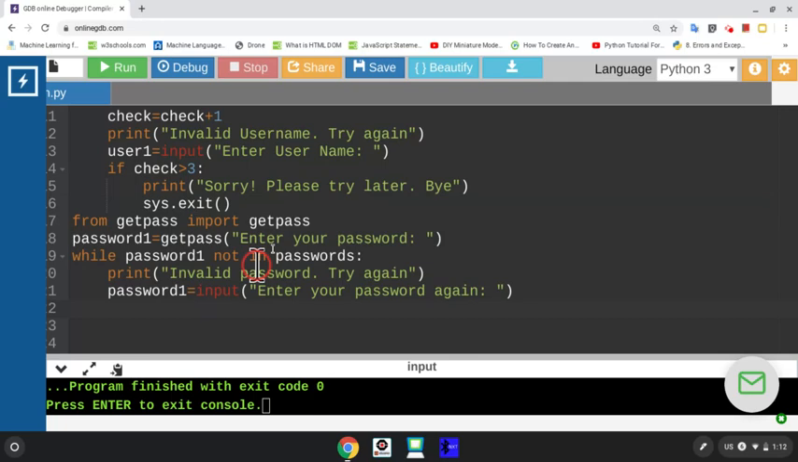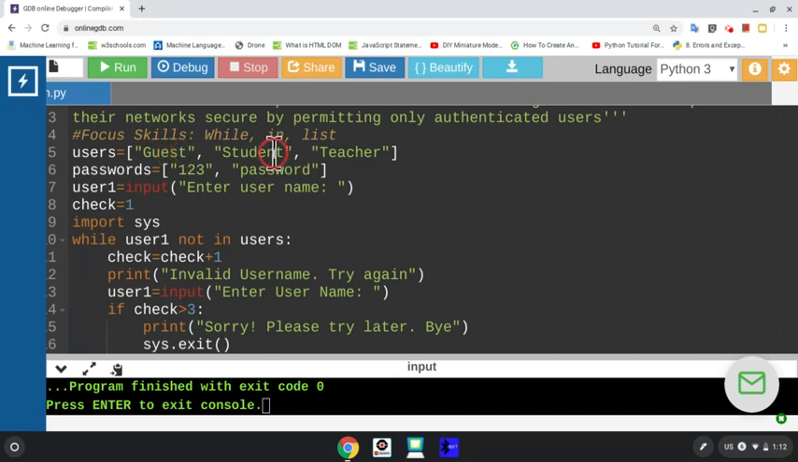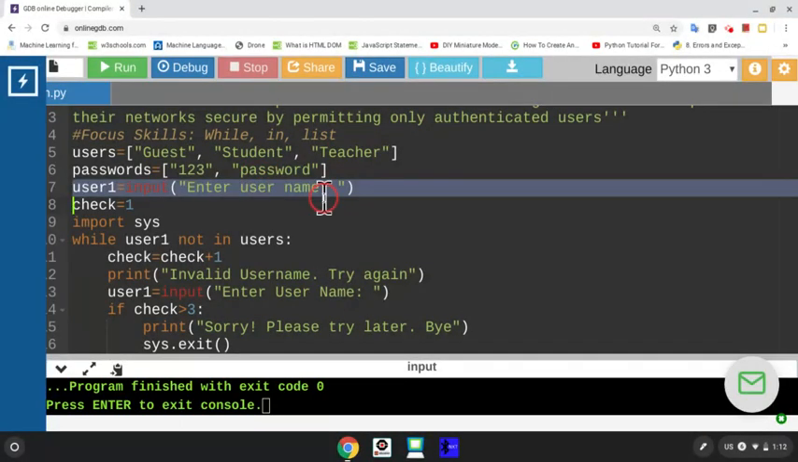Please try again. You can make more changes in it to make it more valid. For example, here I've written guest, student and teacher as usernames. You can have only one valid password for all 3. You can even remove the extra spaces from the start or end of the input when you're asking to enter the username, because sometimes the user just enters a space at the end, and that